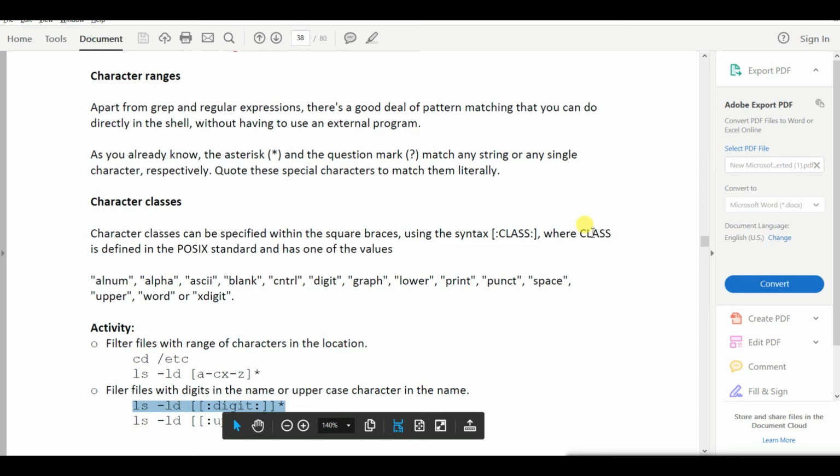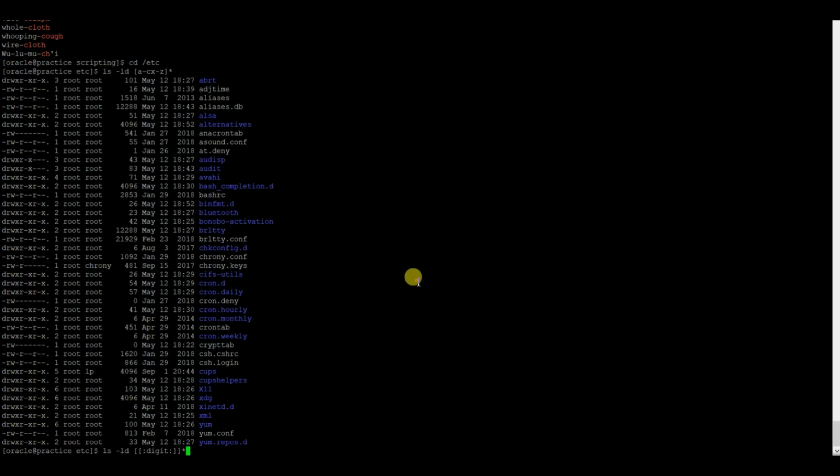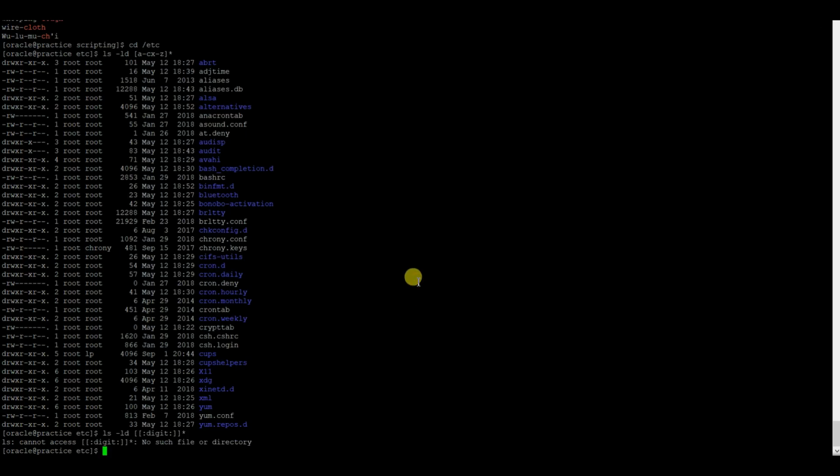It searches directories which have a digit in their name, that start with a digit. There's no file or directory present in here, that's why it's not shown.